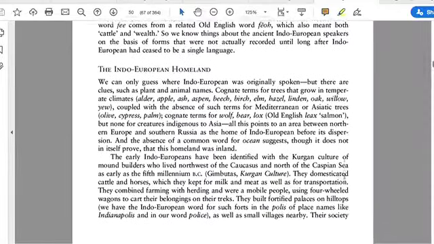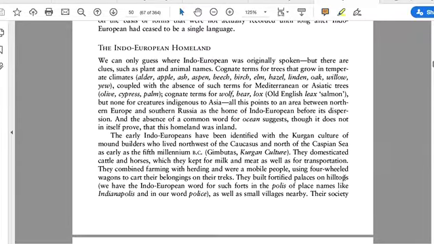It talks a little bit about the Indo-European homeland. So this is the land that the Anglos, the Saxons, and the Jutes came from, and then also the other Germanic tribes that helped to topple the Roman Empire. This part talks a lot about cognates and how we know a lot about the Indo-European languages, and how they're related, from cognates.